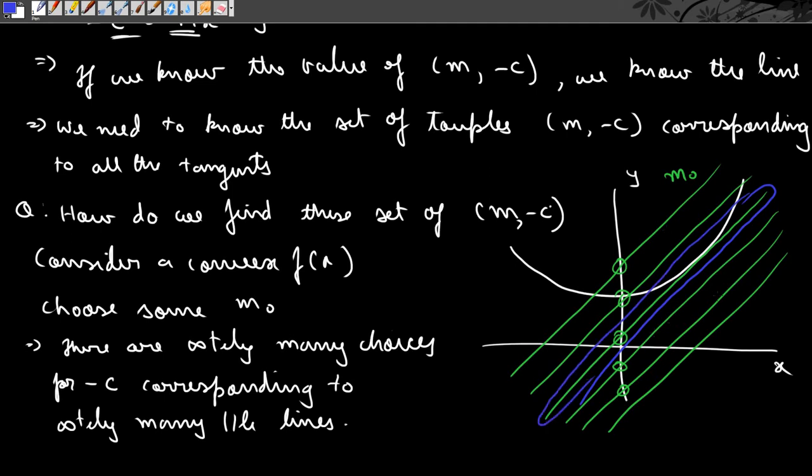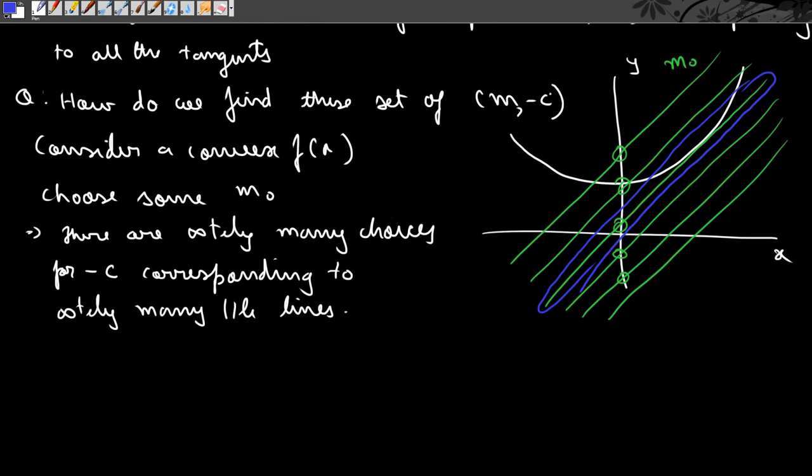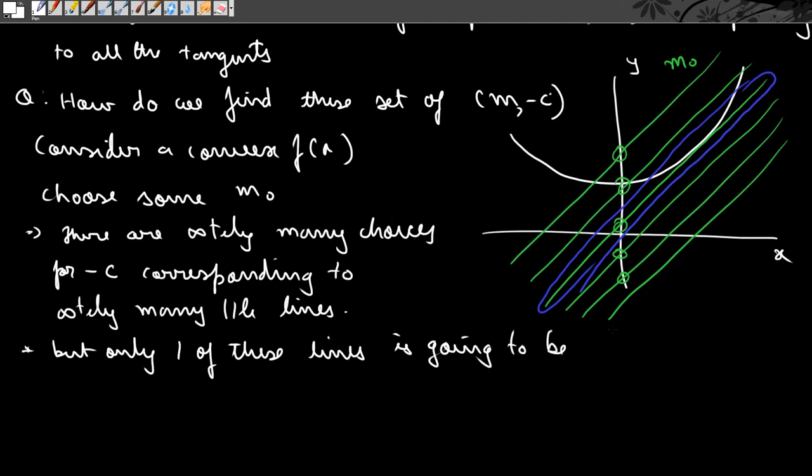Okay, there is a unique line in this set of infinitely many parallel lines which will be our tangent. Okay, so what do we have to write here? But only one of these lines is going to be the tangent. Okay, let minus c naught be the